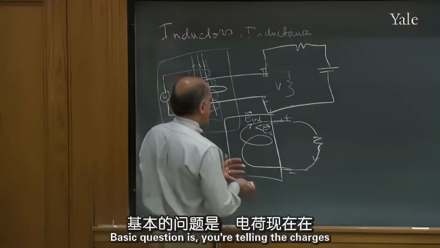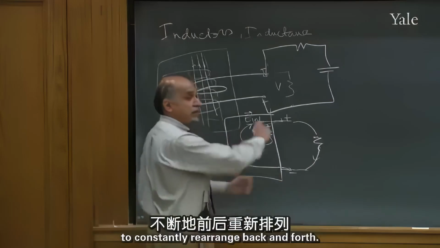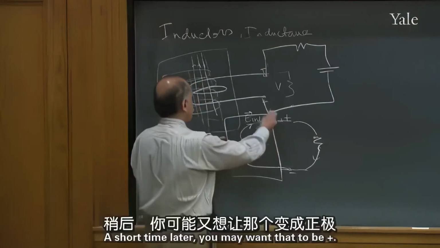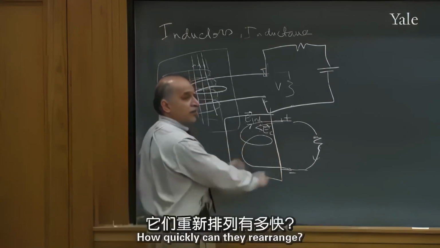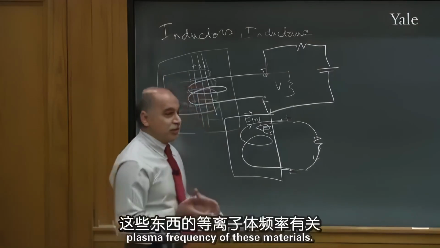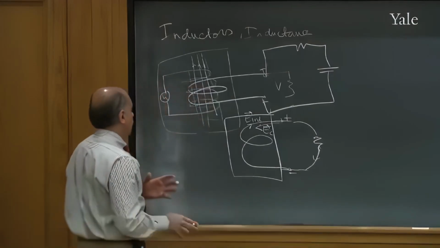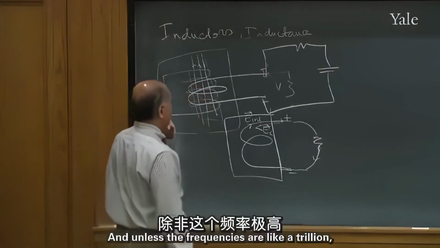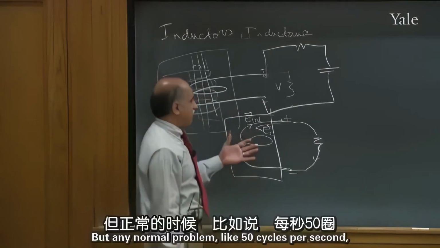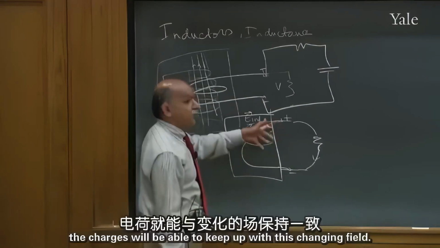The basic question is, you're telling these charges to constantly rearrange back and forth. First you want this terminal to be plus, a short time later you may want that one to be plus. How quickly can they rearrange? That's connected to something called the plasma frequency of these materials. And unless the frequencies are like a trillion, you don't have to worry about it. For any normal problem, like 50 cycles per second, the charges will be able to keep up with this changing